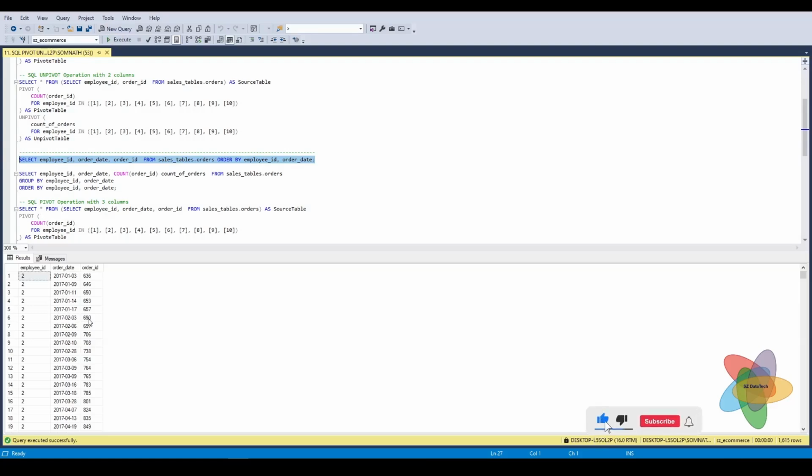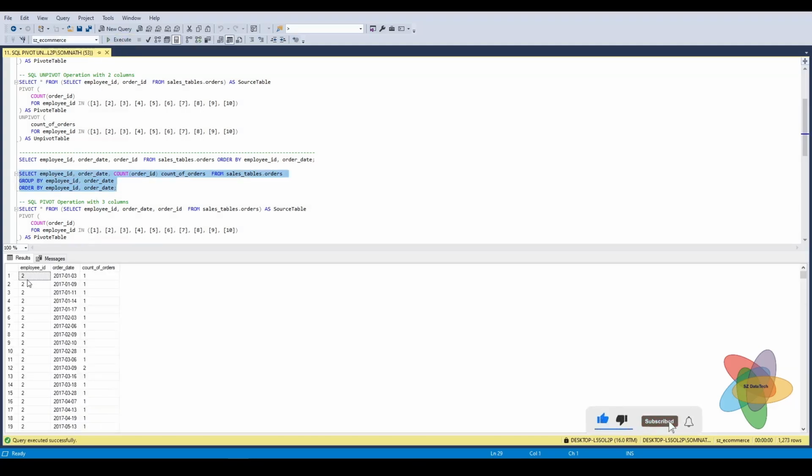Now if there is an ask for each employee how many orders are served for a specific date, then we can do one thing: we can do aggregate on order ID and order by employee ID and then order date. So if we run this one,